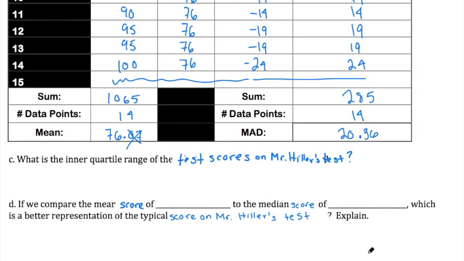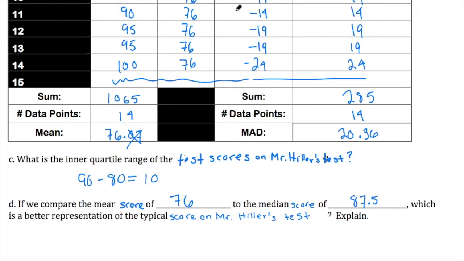Okay, so ignore the typo there. It does need to say test scores on Mr. Hiller's test, so I've already changed that. Please do that on yours. We want to find the IQR for these test scores. So that's going to be 90, our Q3 score, minus Q1, which is 80, to give us an IQR of 10. Okay, now if we compare the mean score of 76 to the median score of 87.5,